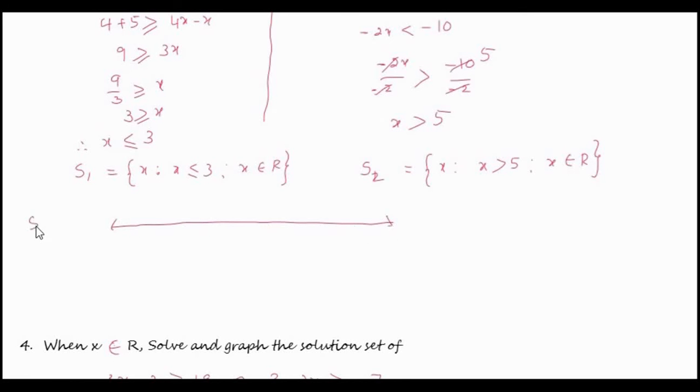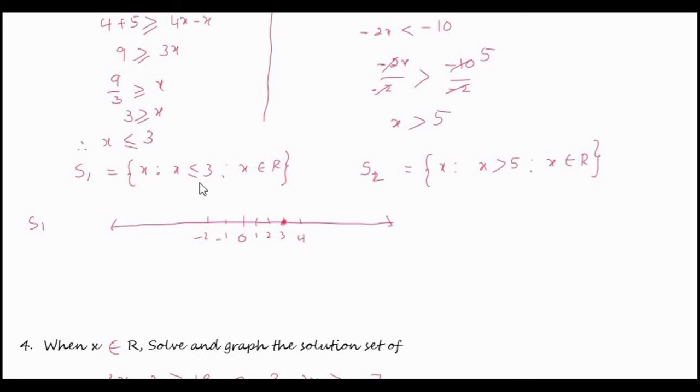So this is for S1. For S1, this is 0, so less than or equal to 3. So 1, 2, 3, this is 4, this is minus 1, minus 2. So it is x less than or equal to 3, so it is equal to 3 also. So a thick circle,